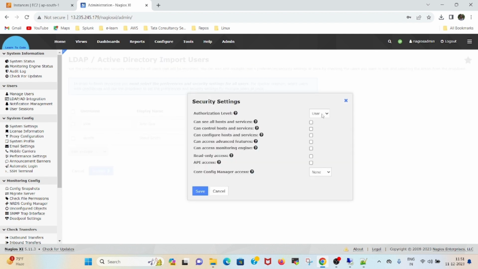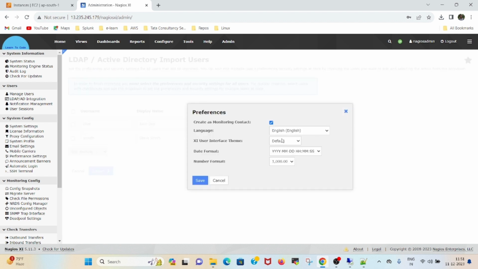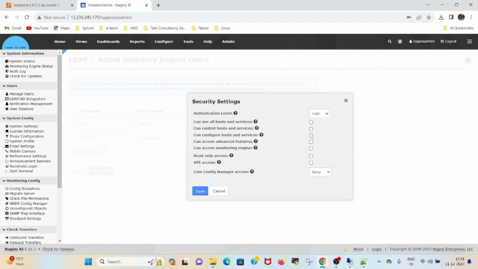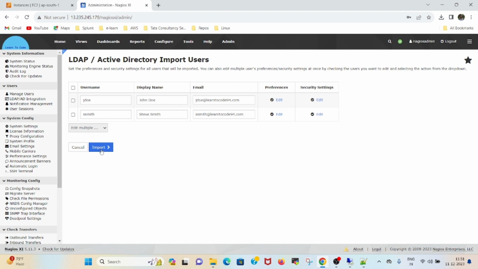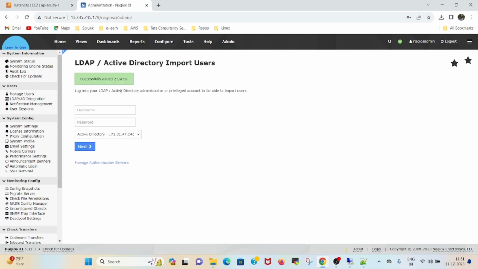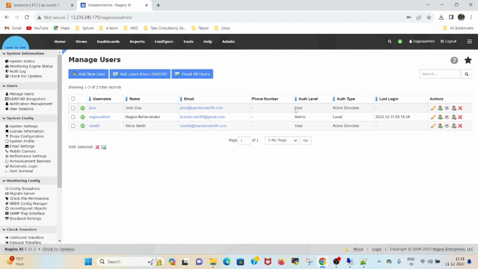For security settings, I give permission for the first five users. Core Config Manager full, and let me click on save. For Smith, do the same thing. Full CCM access. And let me click on import. So we successfully added two users. If I go to Manage Users, I can see that jdoe and Smith have already been added in our user section. Let me log out from Nagios admin